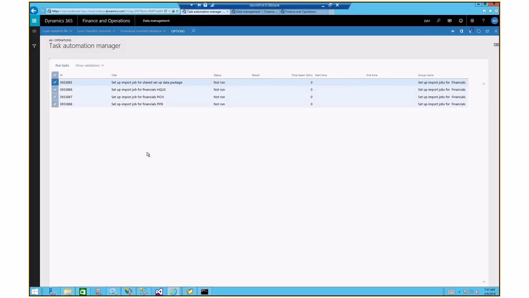Now, if you had 30, 40 companies, for example, then this becomes quite handy in terms of not having to deal with 40 companies by switching one at a time. So I'll just run the first one for now in the interest of time. And when I say run task,